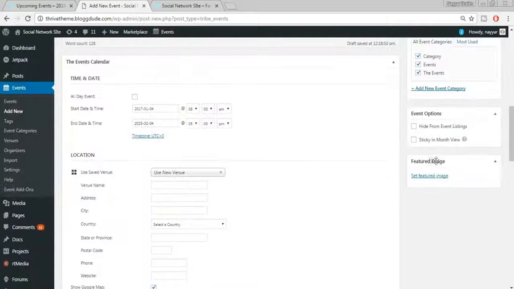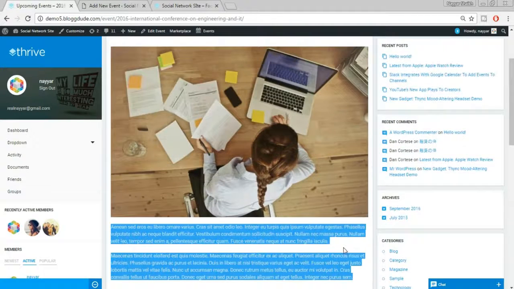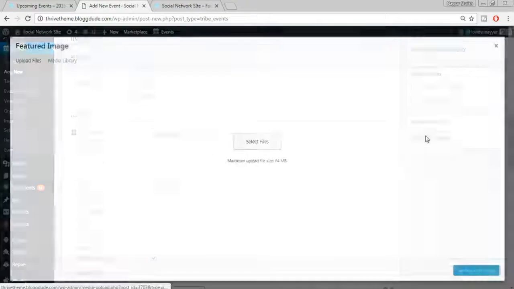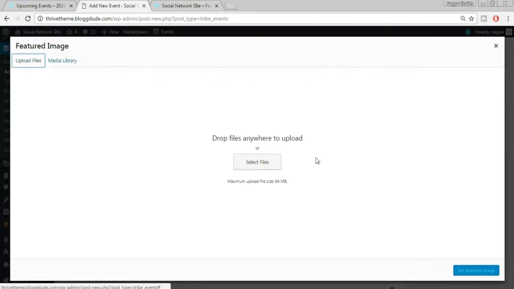Okay, we can also add a featured image. This is the featured image that will be shown over here. So let's add a featured image. In the media library we don't have any image, so what we do is upload an image. Click on select file,